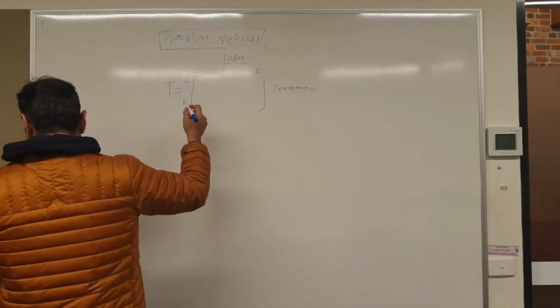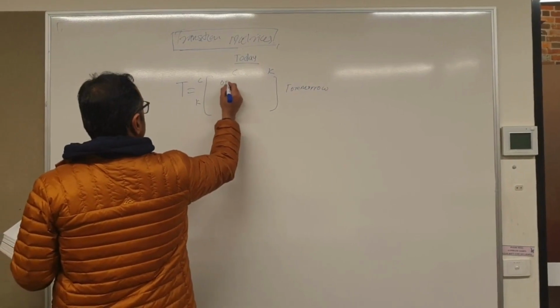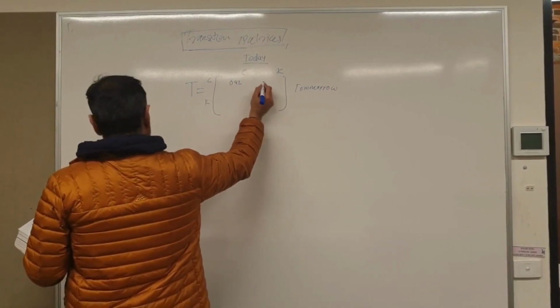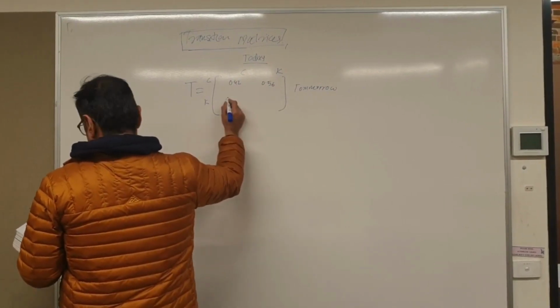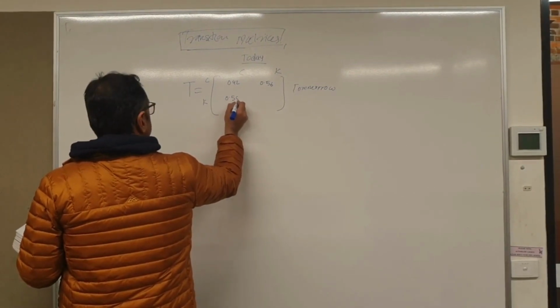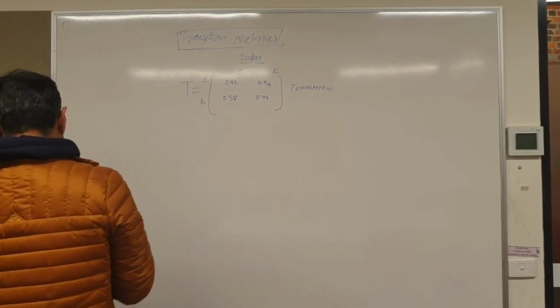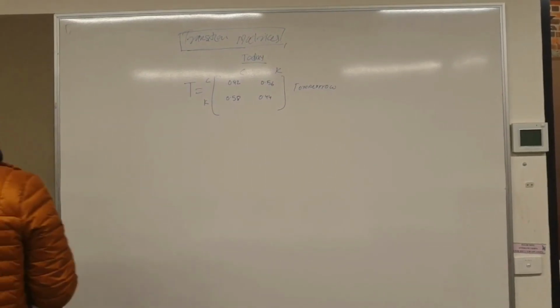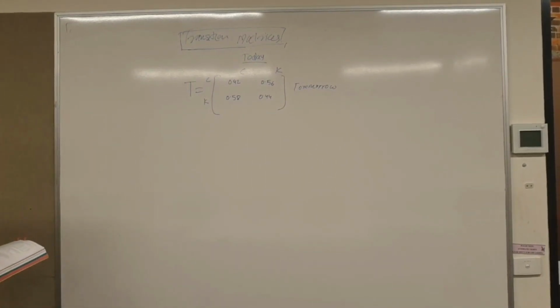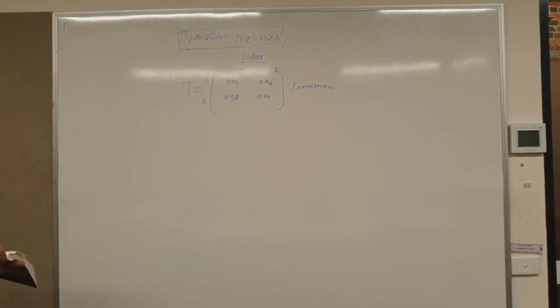And the transition matrix goes like this. It says 0.42, 0.56, 0.58, and 0.44. Now, it says on Monday,